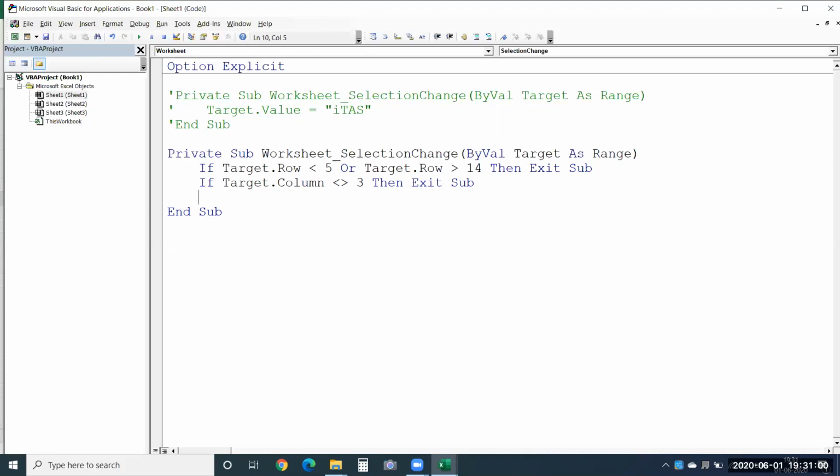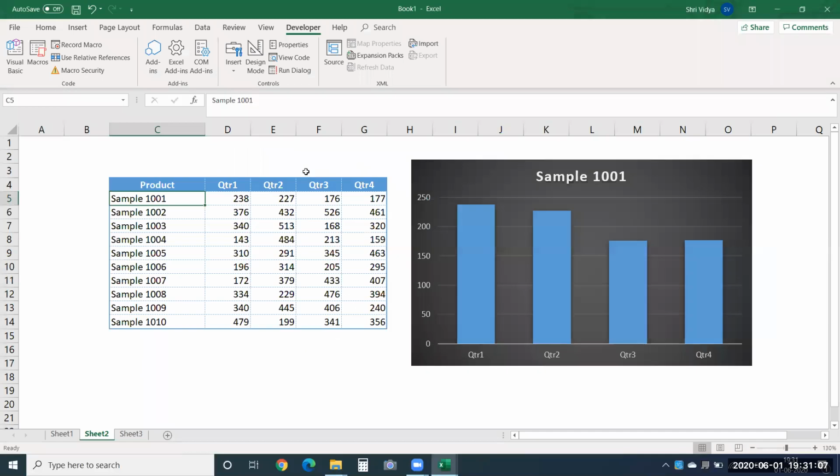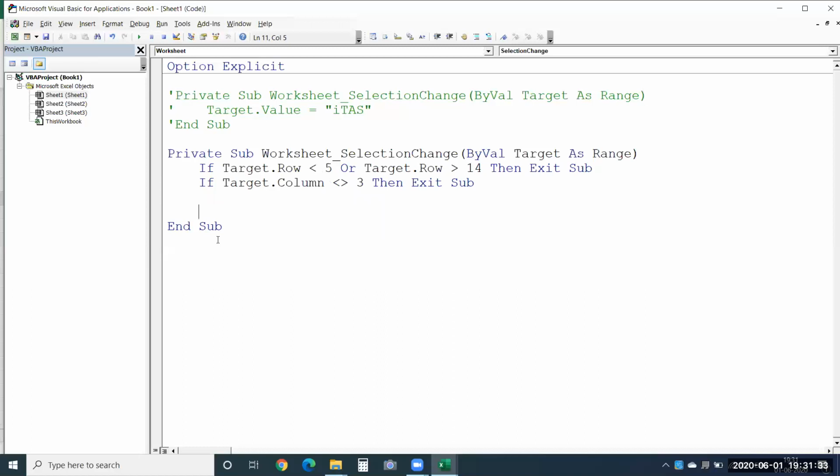That's the thing. Next, after we have restricted the macro to only specific cells, I'll first remove all the fill colors from this. Though we have not applied, it should be given in the beginning itself, so that every time the color is given to the row, it is going to reapply it. Always remove the previous color that was applied, and whichever new product was selected, only that row should get highlighted here. Now for that, I'll say target dot row.